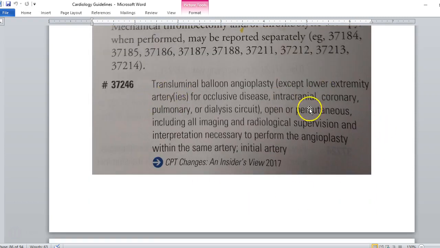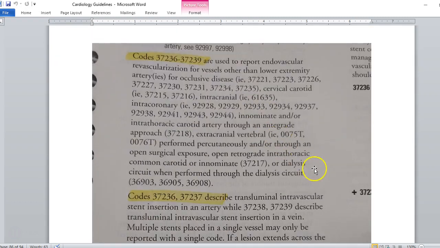And again, we can see here, it will say initial artery. So this is the base procedure, and then as we go up numerically, we go up in complexity, and then we have add-on codes for each additional. Okay? So it goes on to tell us that, and this is on